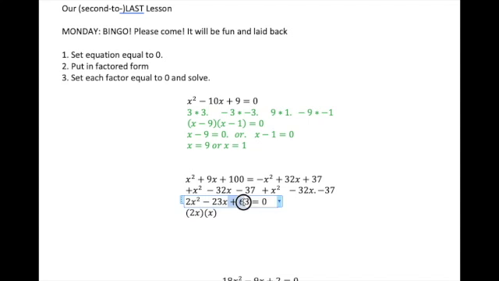And I need my numbers that multiply to get positive 63. So it either has to be plus plus or it has to be minus minus. And I know it has to be minus minus because two positives aren't going to add to get negative 23. Whatever they end up being, they have to add to get me negative 23. And since both of these numbers are positive, that's going to make my second ones have to be negative. So, numbers that multiply to get 63 are